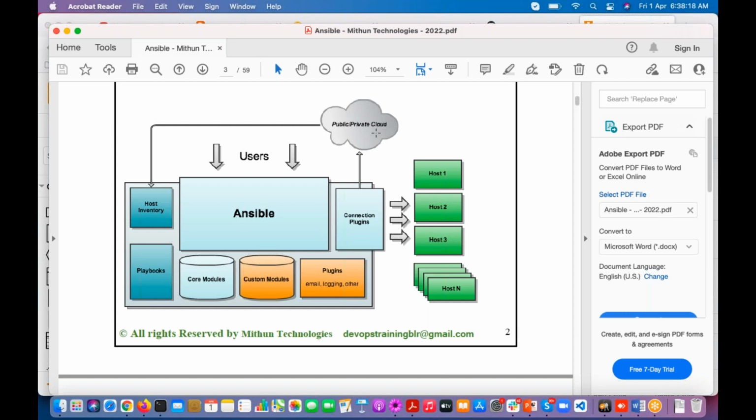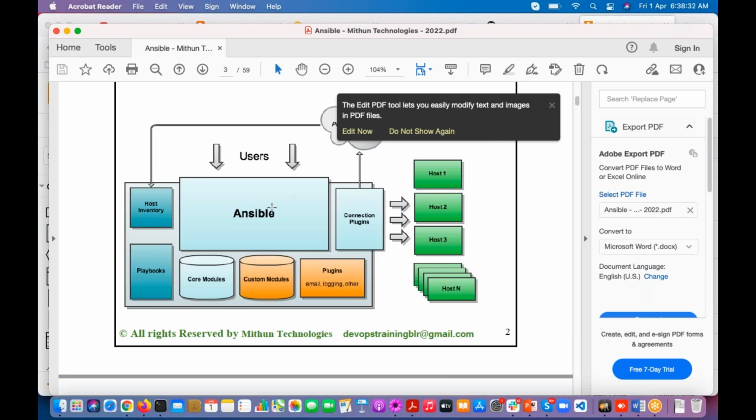All these things we are going to discuss when we start AWS. Once this Ansible resume preparation is over, then we are going to start AWS. So this Ansible can be installed in public cloud, private cloud, and also on-premises servers.